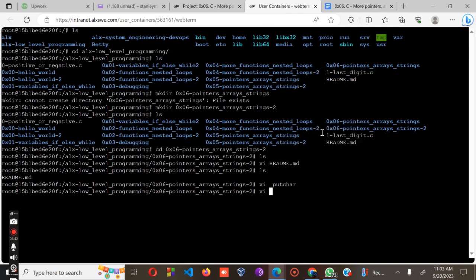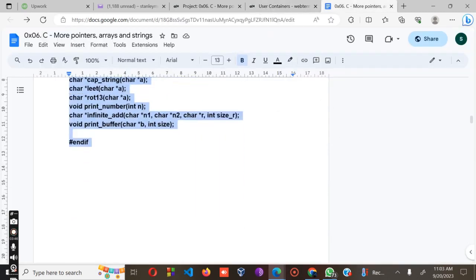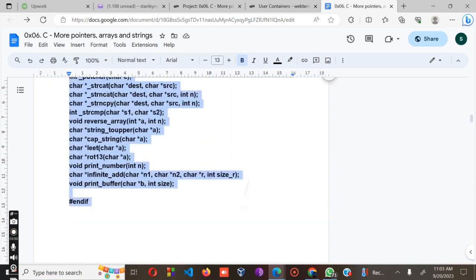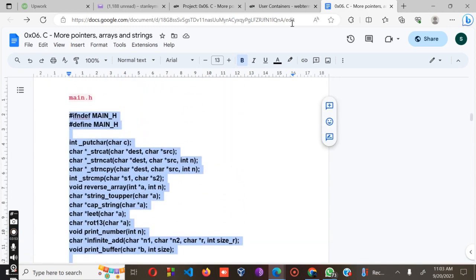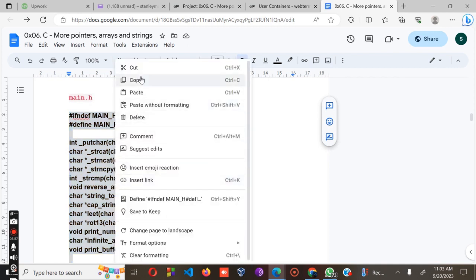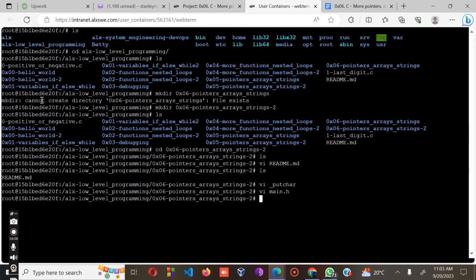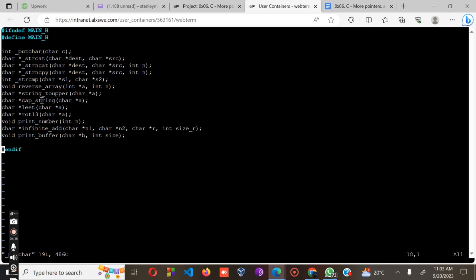Okay, main.h. Okay, insert. Oh my god, I think I've just made a mistake. Okay, let me now make the correction. So copy this one. I think I've just interchanged the whole thing. WQ. Okay, so for the vi, supposed to be, okay, let me,